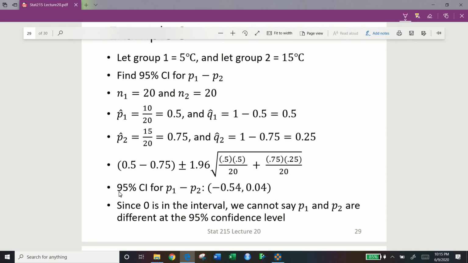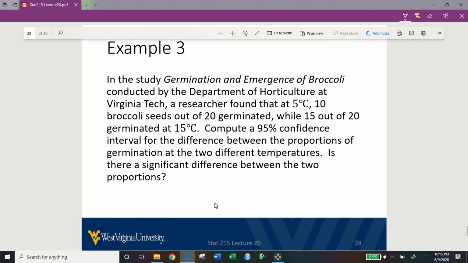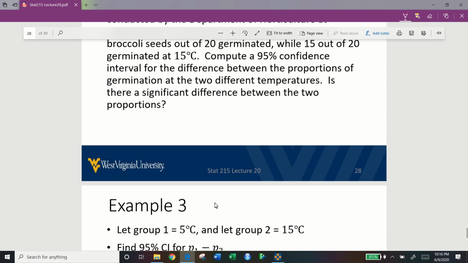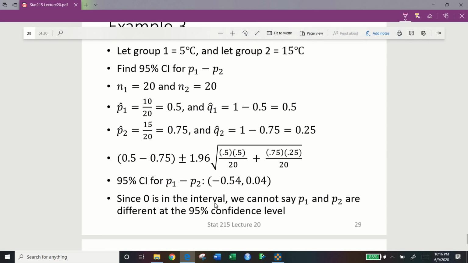If we simplify and type into our calculators correctly, or alternatively use StatCrunch, we will get a 95% confidence interval of negative 0.54 to 0.04. This means that if we scroll up to our first question, we want to compute a 95% confidence interval for the difference between the proportions of germination at the two different temperatures. That means that the true difference between the proportions of germination at 5 and 15 degrees Celsius goes from